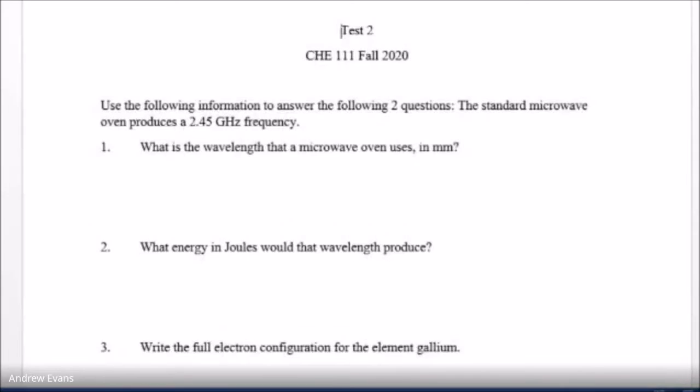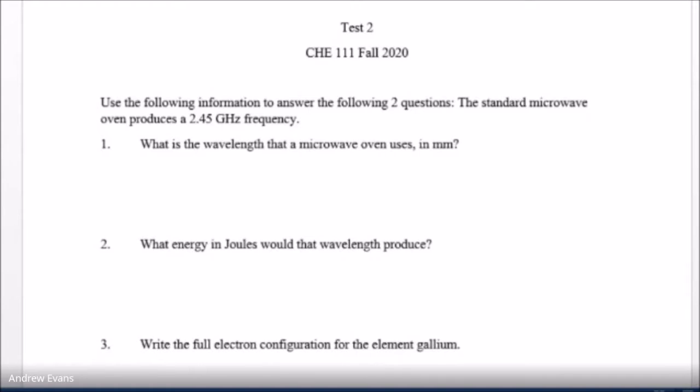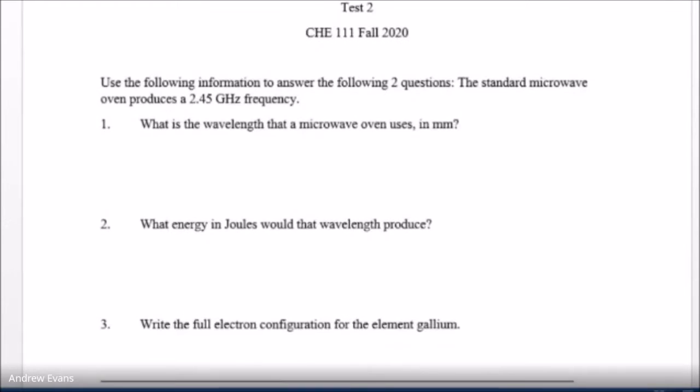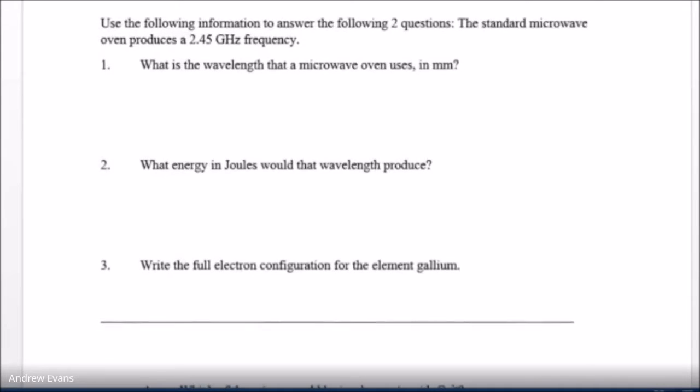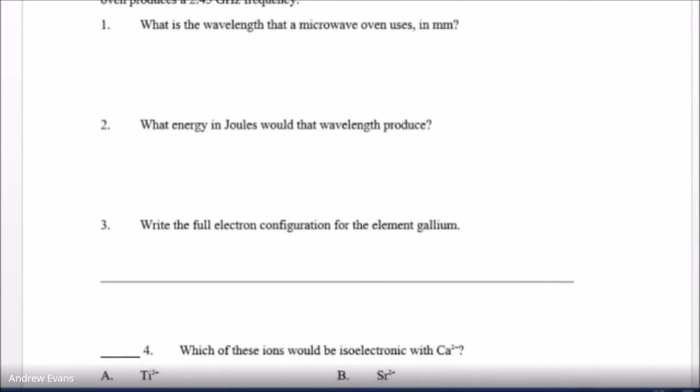As you see, some of these problems are not too dissimilar from what you're going to have. Let's read through the entire test real quick. The first two questions have to do with the wavelengths of light and turning